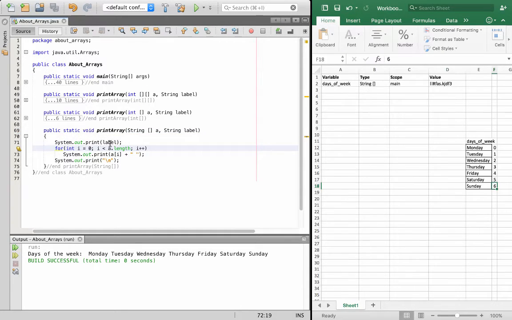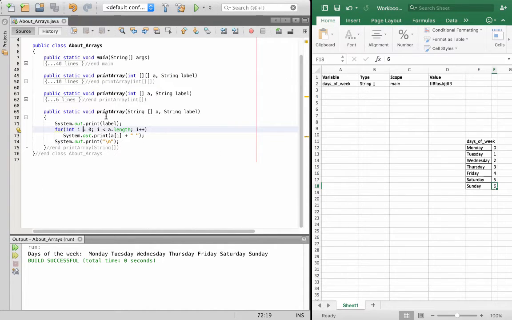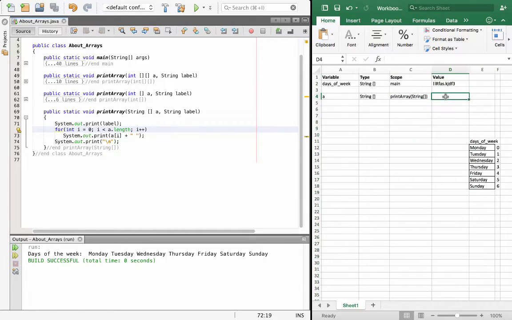So the first thing it's going to do is print out the label. So if we go back and look up here, the label is the second argument, and it just says days of the week. The first argument that we pass the method is the actual array that we want to print, right? So the first variable that gets created is called A. It's a string array. The scope of this array is the method print array, right? That takes a string array. We'll make that clear since we have multiple print arrays. The value of A